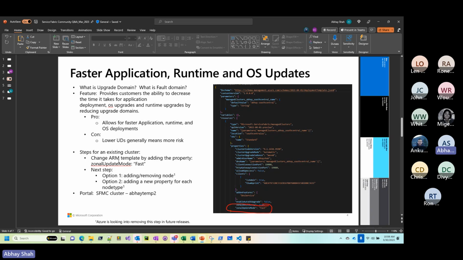Let's look quickly at how you do this. For an existing cluster that you have up and running, once you download your template, you need to update one property called zonal update mode to fast. Once you do that and deploy that ARM template, you have a few options. The first option is to add or remove a node, or option 2 is to add a new property for each of the node types. We're actually trying to get rid of all this step completely, and that'll be something that we'll talk about in future